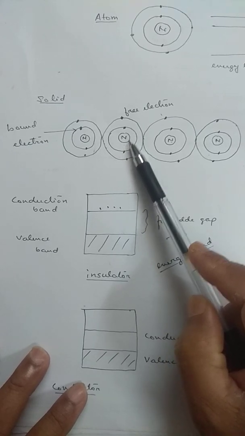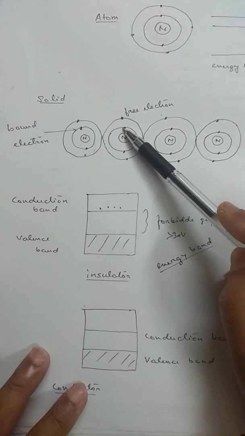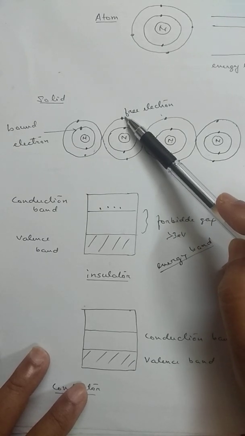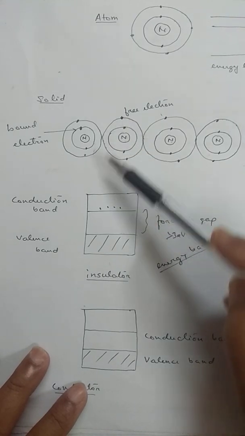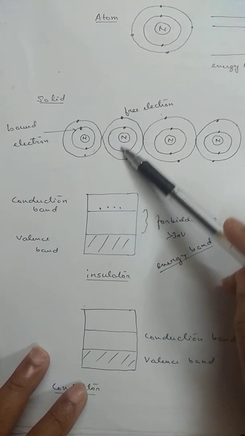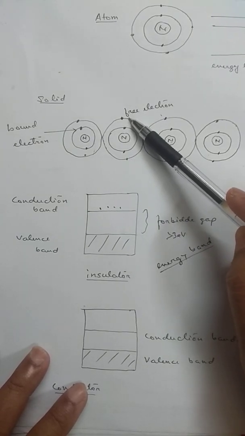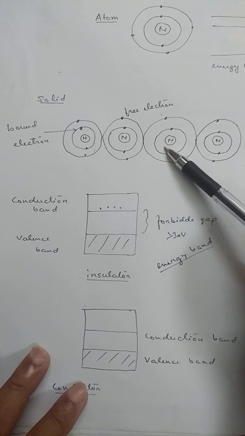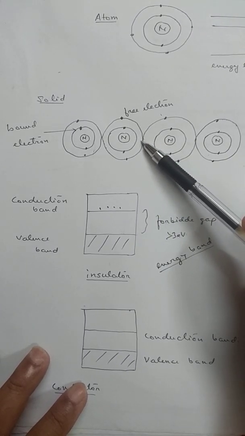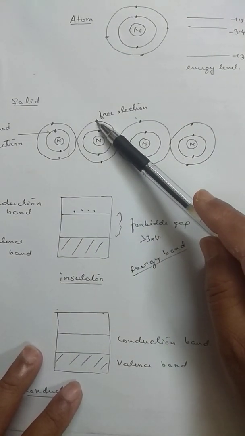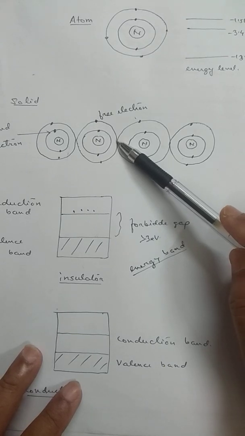But if some energy is supplied to this electron, then it can make a jump from here to here, provided the required energy is very small. When this electron reaches this particular overlapping energy level, now this electron also can move from this atom to this atom through this point. Is it clear? That means whenever electrons are in the overlap energy level,